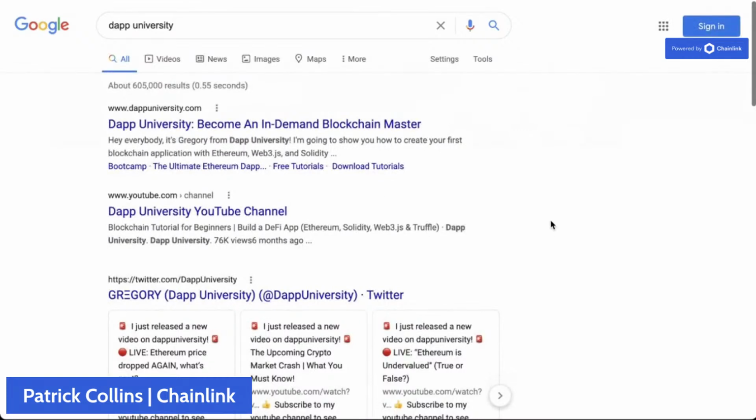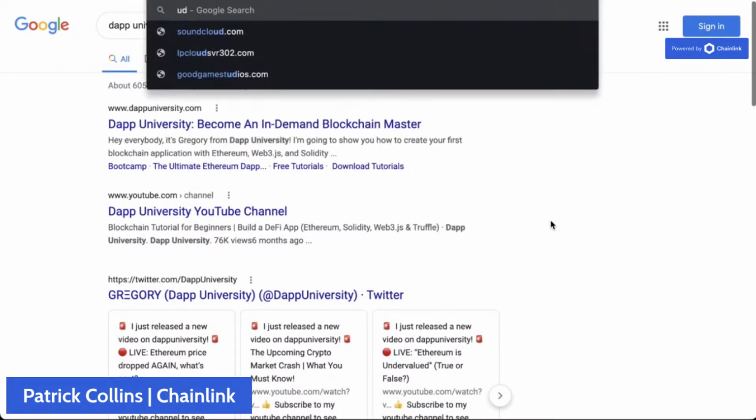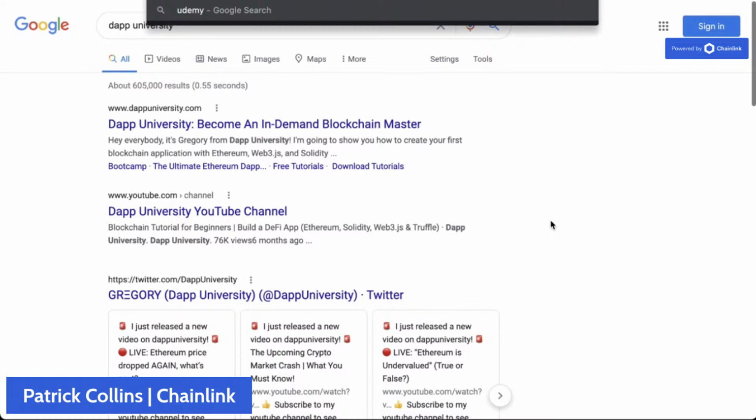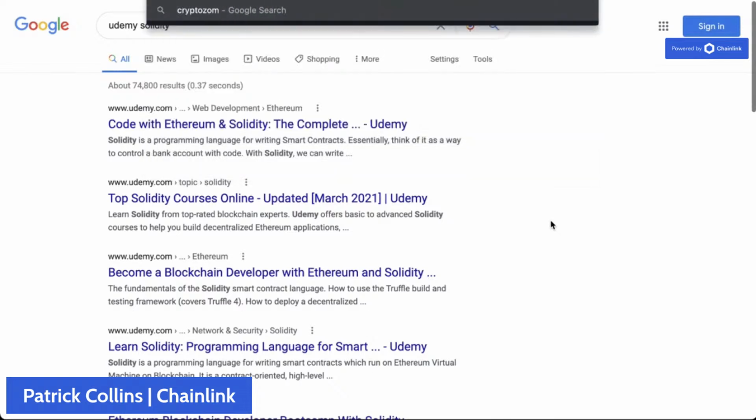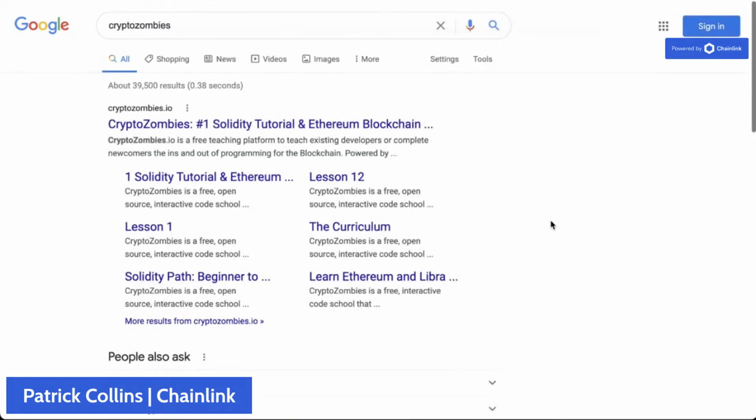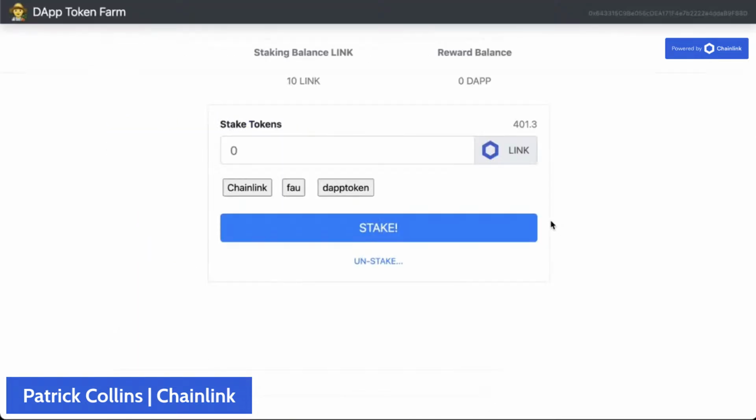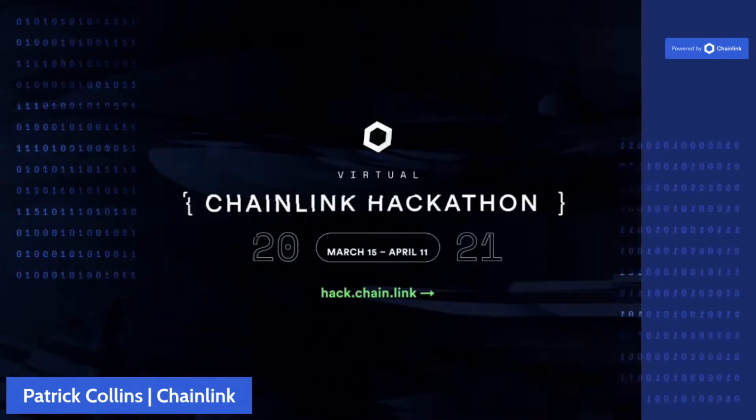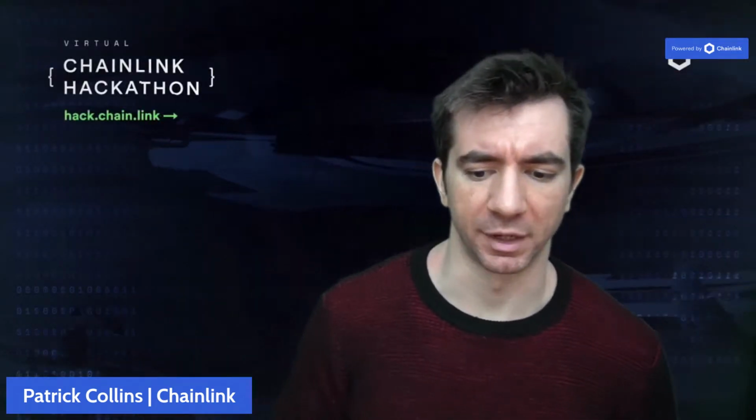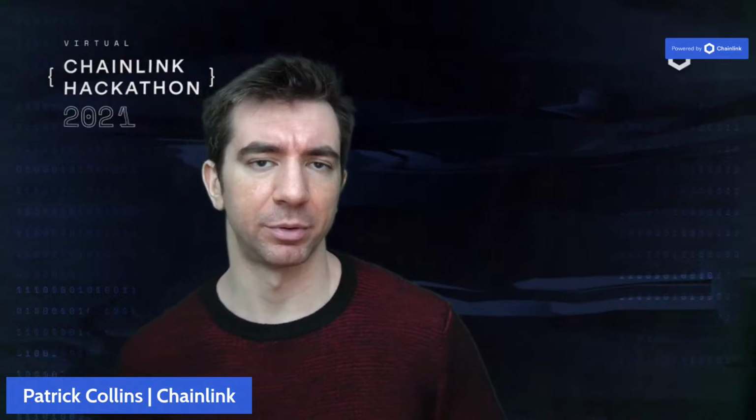If you like courses, like Udemy, Solidity is really good. Crypto Zombies is going to be one that's really good. And this is just kind of basic Solidity stuff here. That's more like basic Solidity stuff, but for the front end stuff, yeah, Create ETH app, or you can